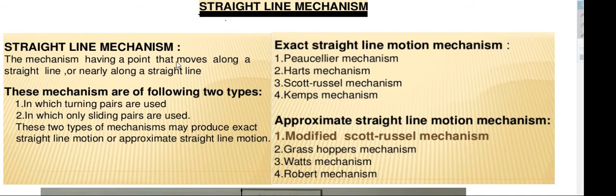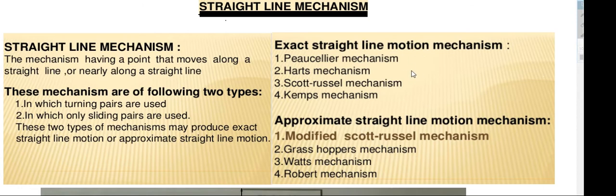So a straight line mechanism produces a straight line, and there are two types. One is exact straight line, meaning it produces a line that is directly a straight line. The other is approximately a straight line, meaning the line will be approximately straight but a small curve, like an arc of a very large circle. If it is a very small circle, the arc will be curved, whereas if it is a very large circle, a small section of that arc will be practically a straight line. We will see that. So two types of mechanism: exact straight line and approximate straight line.